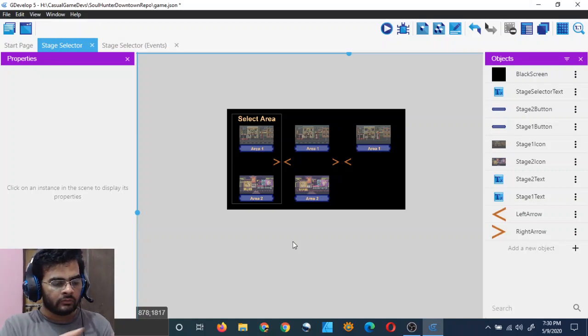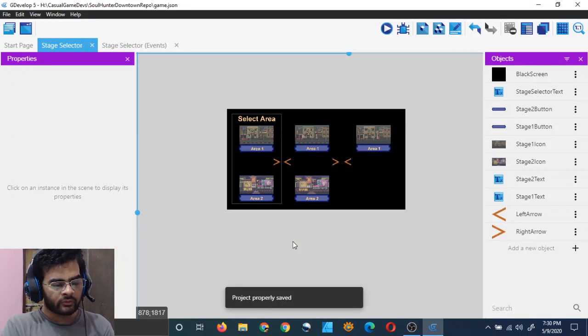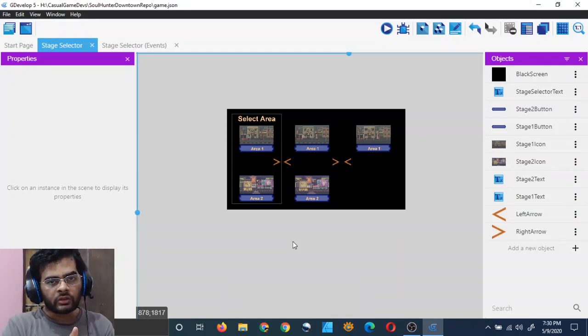And now we have 5 stages, and in each screen we have 2 stages. So now we need to know how many times we should shift our camera to the right or to the left. How many times should our camera shift? Is it 5 times? No, it is 3 times. So how do we get 3 from that? Like it may be 100 stages.